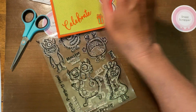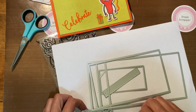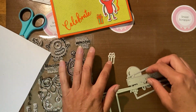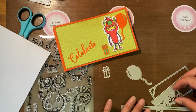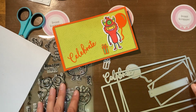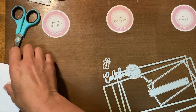So the die pack for the creator card comes with 7 dies. Michelle is always very generous with her dies and has thrown in a few extra. So you get this little parcel die, a balloon die, and the word celebrate, as well as all the pieces that you need to create your card. So I've gone ahead and I've already cut all of those out, so they're ready to go,